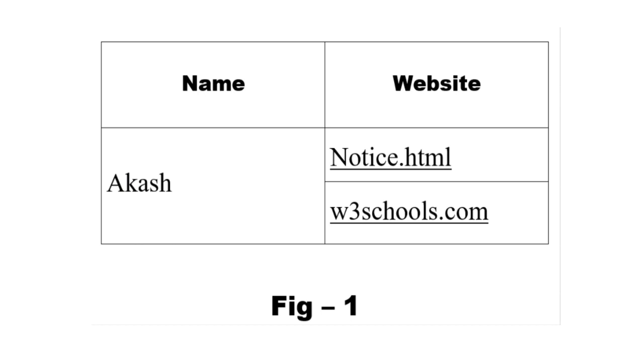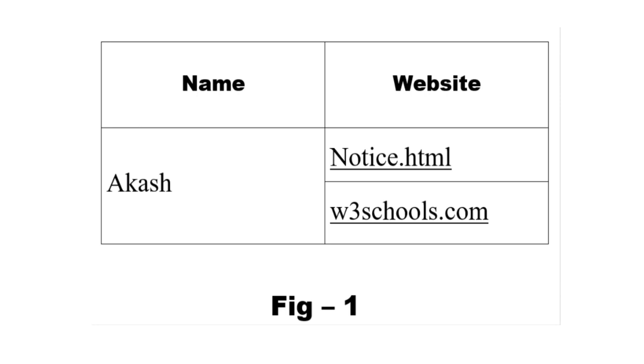At first see here, we are using table heading. You can see name, website, this one is bold format, that's why this one is called table heading. So you have to find out which one is table data, which one is external link, which one is internal link. Is there any row span or col span? At first you have to find out all of those things.